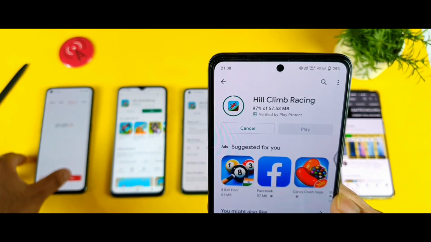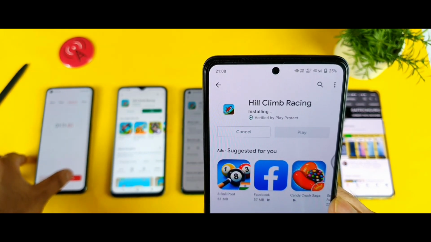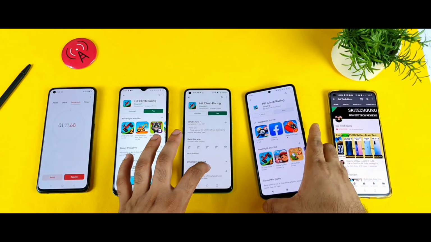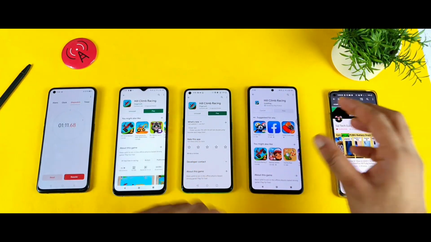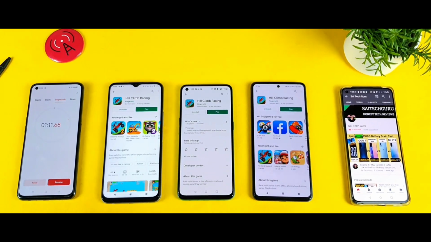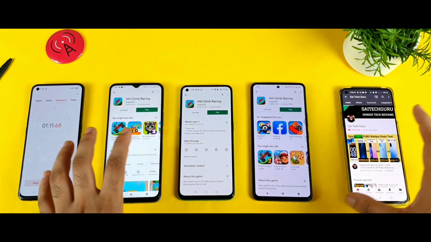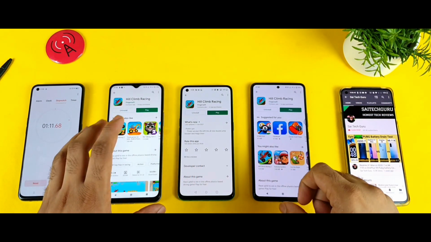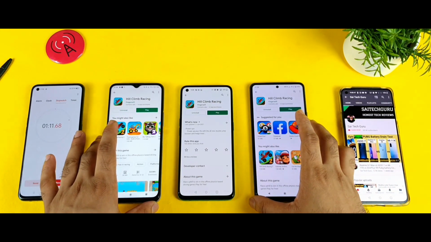So in this way you need to find, friends, which phone is the best in terms of the connectivity. That is the reason you should check all these things before actually buying the phone blindly. So this is what happens if you just buy the top end mobile phone, and you cannot expect it to have high speeds like this. So you need to check all these kind of reviews before actually buying the device.